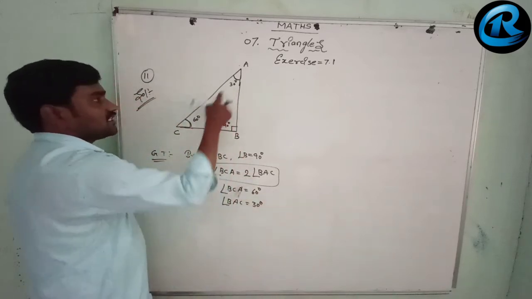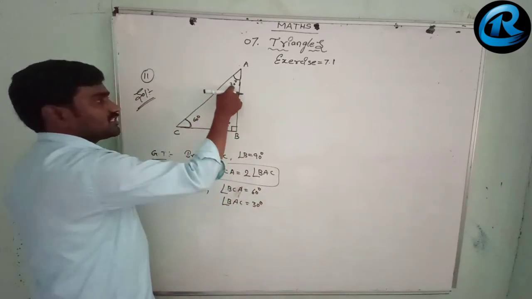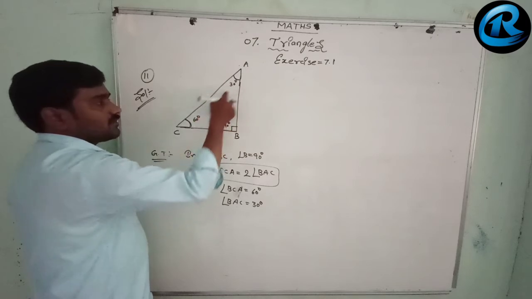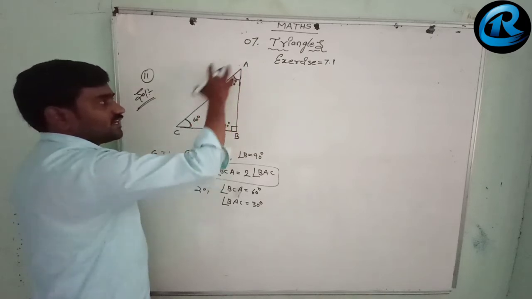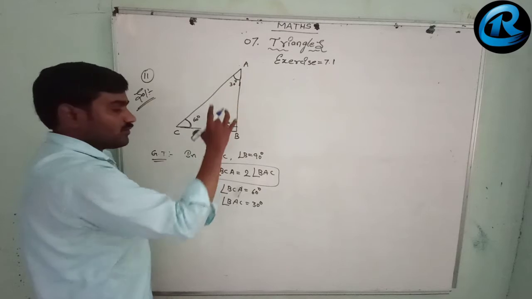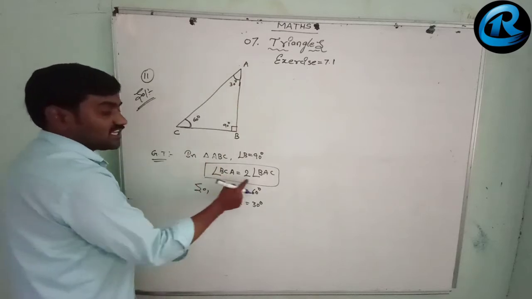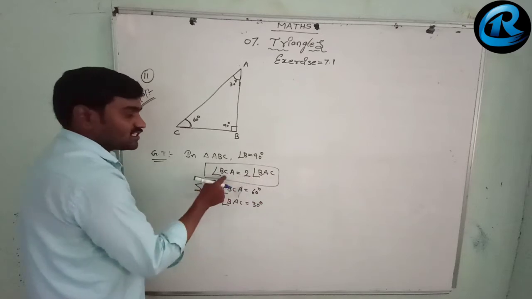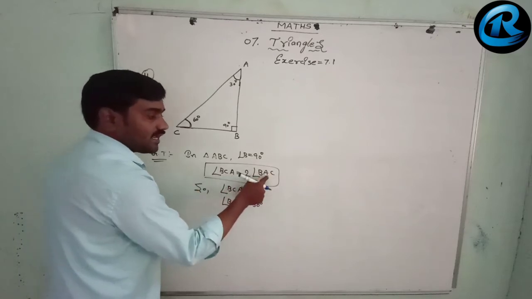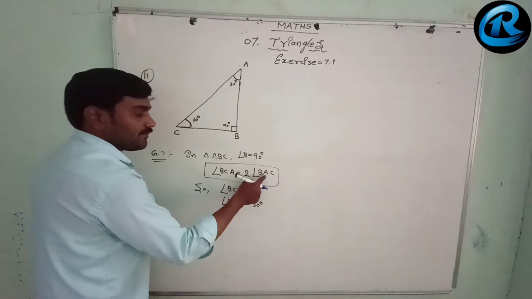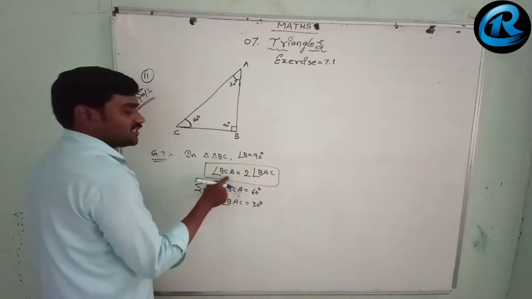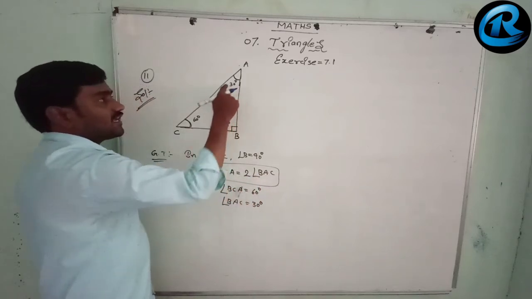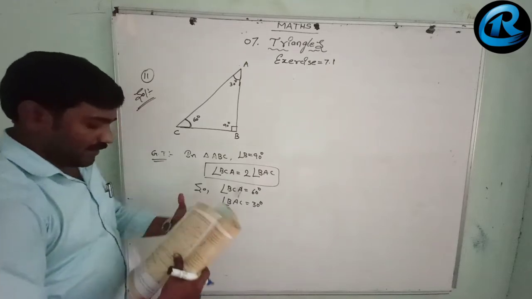If it is 30 and 60, this will be 90. 30 plus 60 is 90. 90 plus 90 is 180. So it is satisfied. It is a triangle now. So see, angle C is twice of the angle A. 2 into angle A. Angle C ఎంత ఉంటదంట twice of the angle A అన్న. So angle A 30 ఉంటే 2 into 30 that will be 60 degrees. So angle C is 60, angle A is 30. This you remember for a time being.